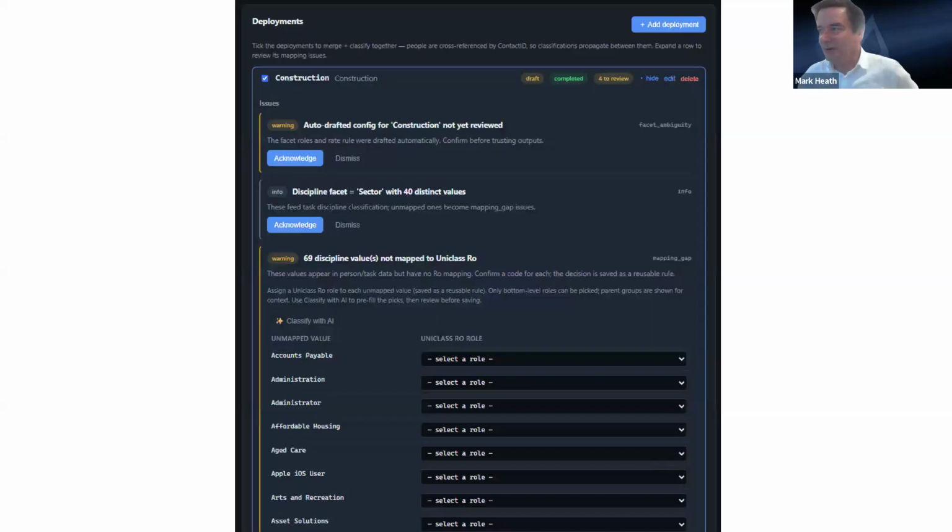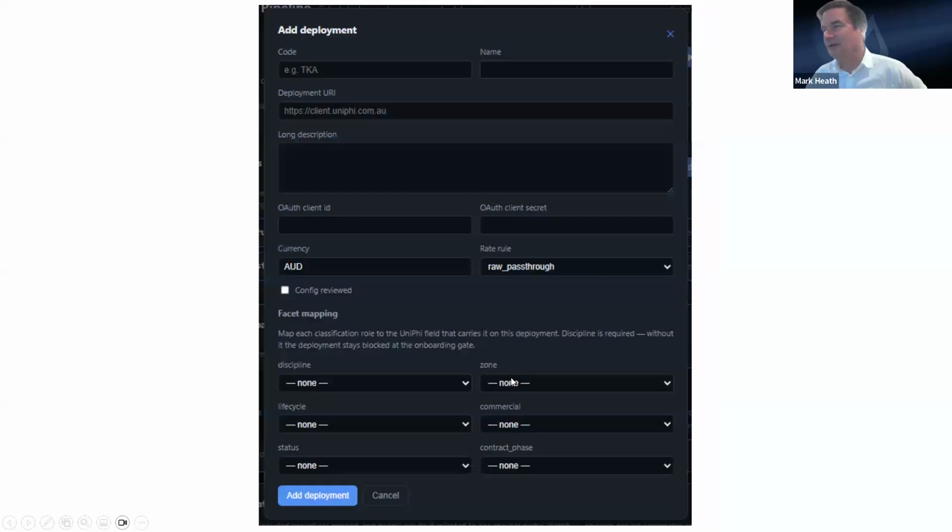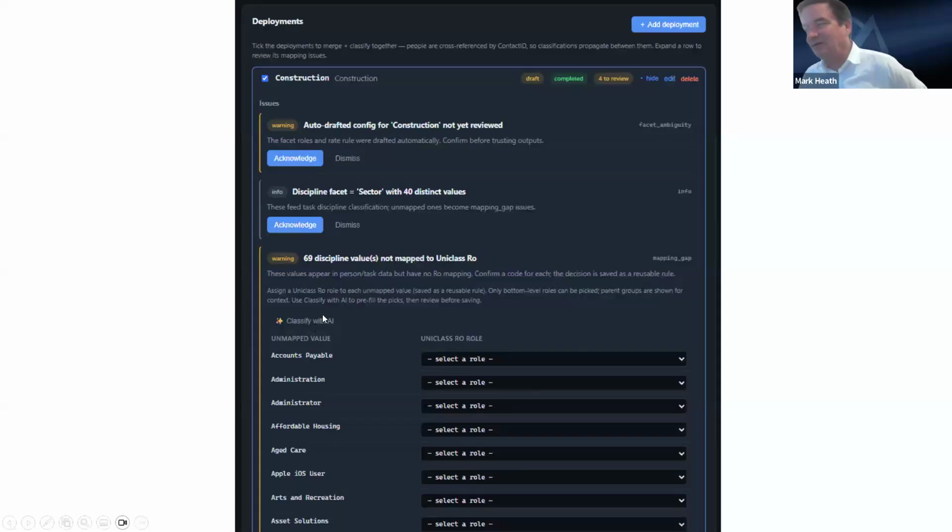Similarly, with resources, it will display a list of how many we've mapped and also what we haven't. So in this instance, there's a warning that 69 discipline values that exist in the application have not been mapped to a uniclass role, and then you can manually map those yourself. Or you can actually get assistance through classifying with AI, but that would send data to the LLM, so you'd have to work through whether that's open to be installed or not, or just do it manually. Once you've done that,